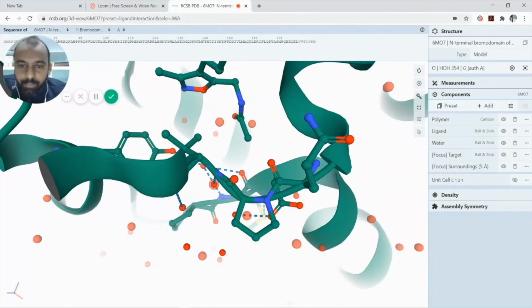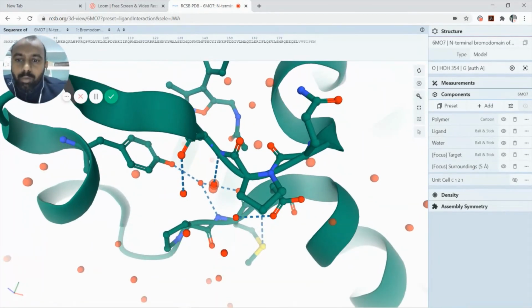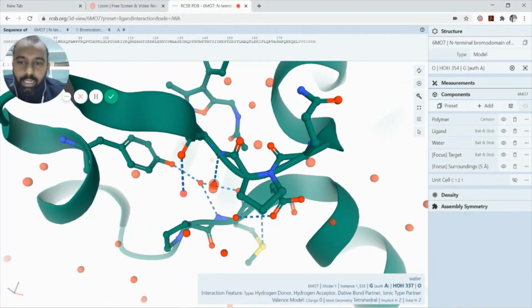So blindly removing all water molecules will not help you. You should selectively retain those water molecules in the active site along with your ligand, and you should ensure that the displacement energy, that means the energy required to displace this water molecule from the active site with standard and reference ligand, should also be taken into account in the site directed docking. This is fundamental information.